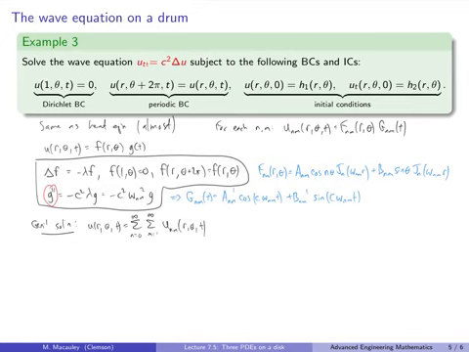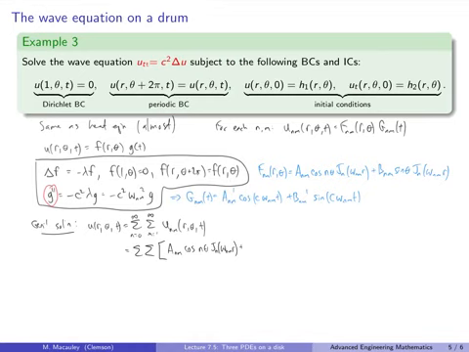So it's the infinite sum of these guys up here. So I could write this as this infinite sum. Let me see if I'm doing this correctly. So A nm cosine of n theta times J n of omega nm r plus